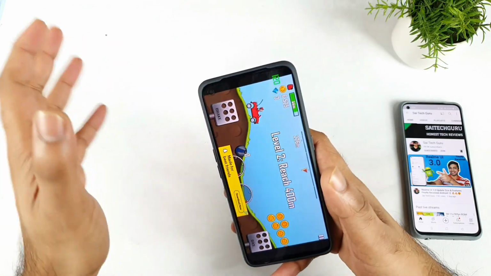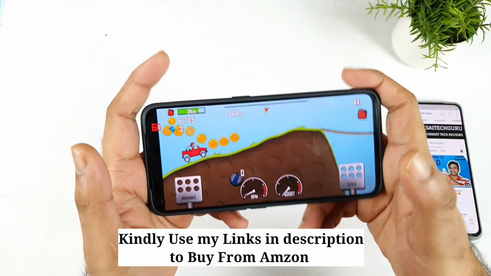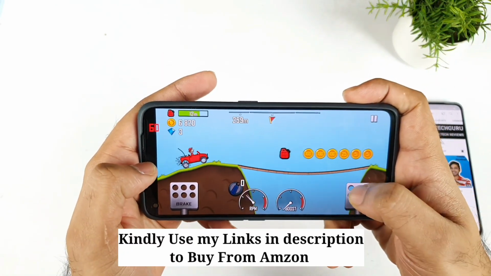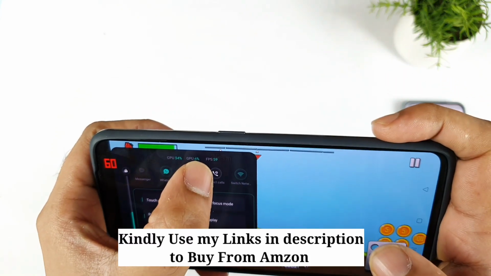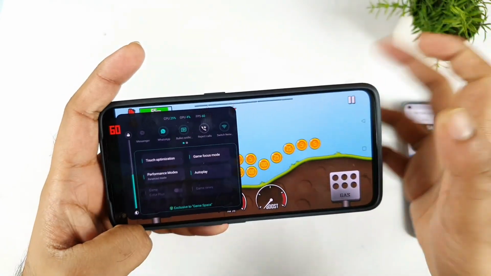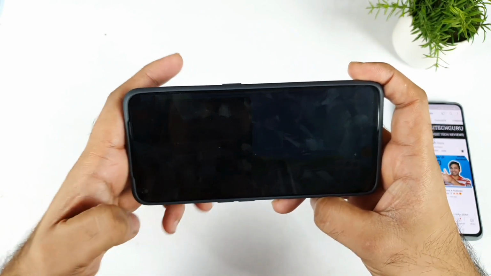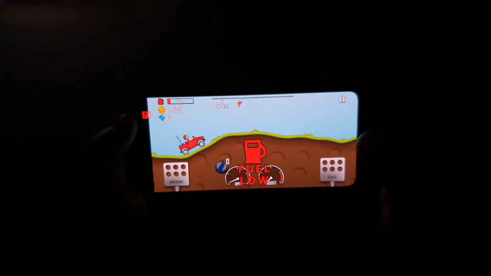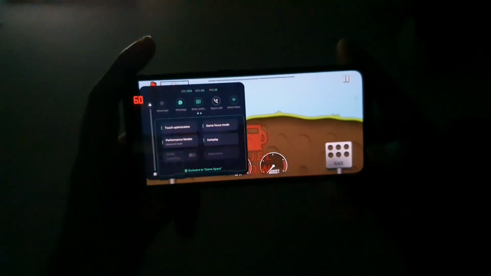Right now let me try to open the Hill Climb Racing game. This is a game which supports 120 FPS. Okay, right now you are able to see exactly I'm playing the game and I cannot get 120 at all. It's showing a 60 Hz refresh rate. Even the FPS meter is showing only 60. So what you need to do is decrease the complete brightness to 0. Okay, try to decrease the brightness to 0. As you can see friends, I kept exactly 0 brightness level.